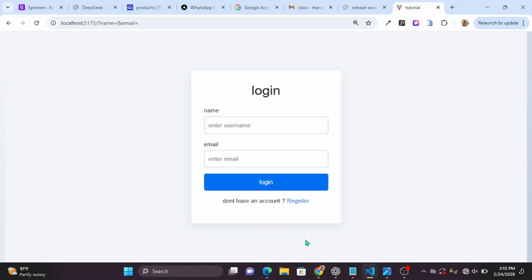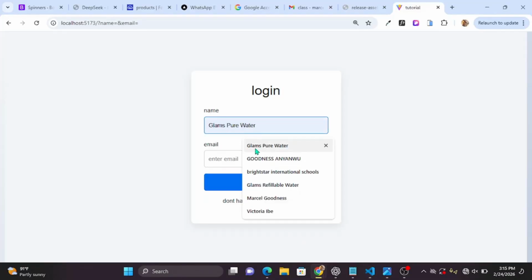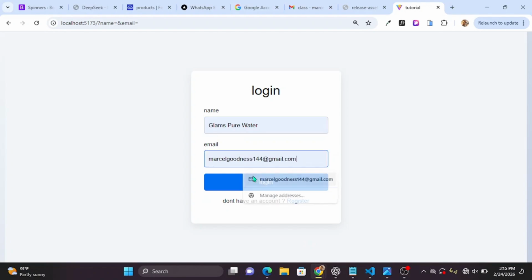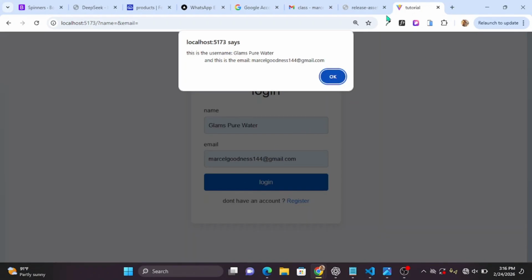Now look at what happens. When I put back something like this with an email and hit login, you find out that the page does not reload, and you could see the name I just typed in, and then the email that was